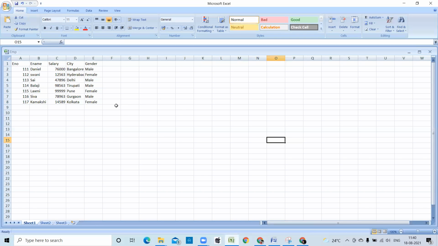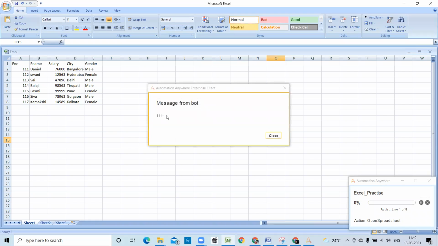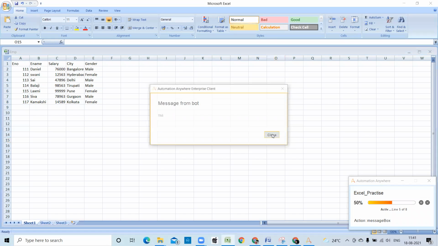Now I'm opening the Excel. Now you can see: 111 Daniel 76000 Bangalore male, 112 Swani 12563 Hyderabad female, 113 Sai 47896.